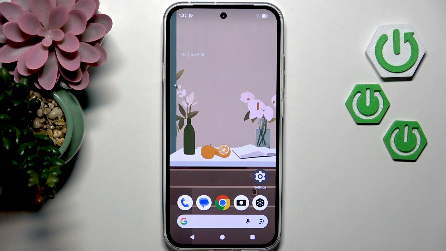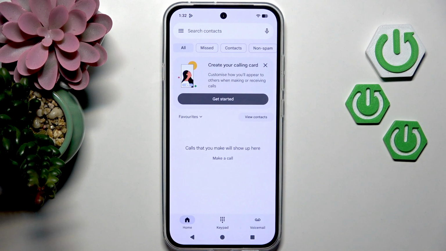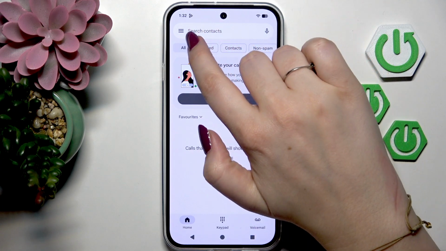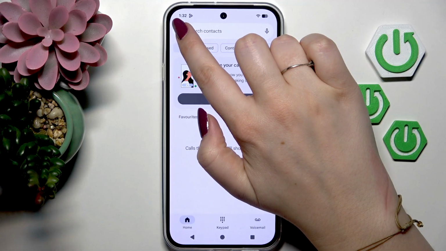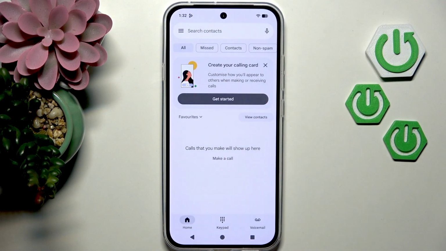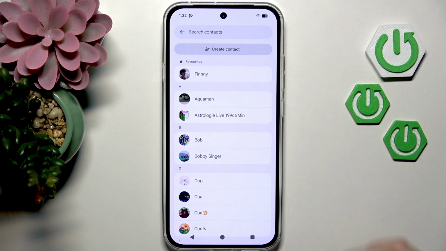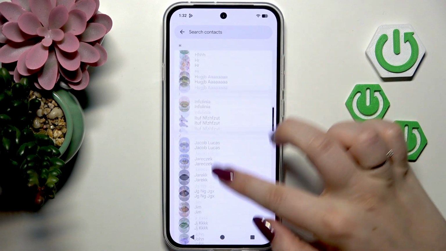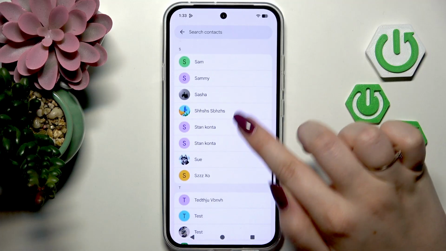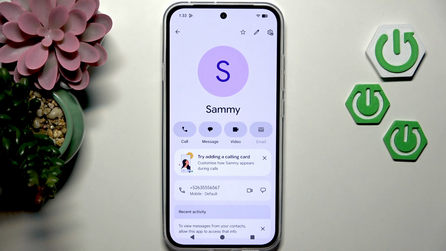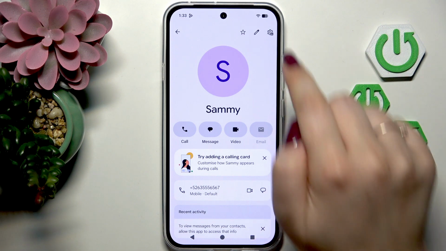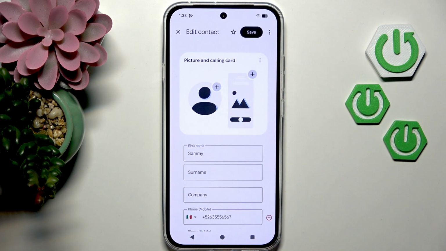So let's begin with opening the contact list. I like to do it using the dialer. Then tap on this three bars icon in the left upper corner and go to the contacts. So here we have to find the contact that we would like to edit, and I'll pick maybe this one. So just tap on the contact and now tap on this edit icon, so pencil icon in the right upper